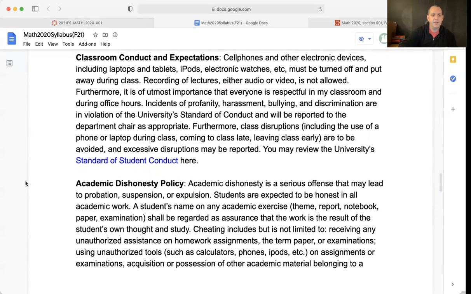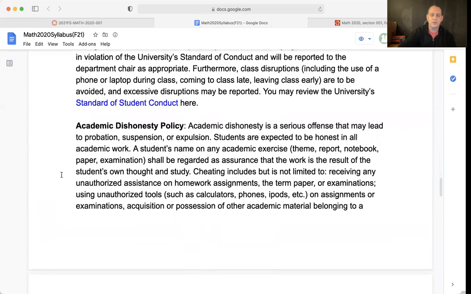Okay, classroom conduct and expectations. This is actually a paragraph that is slightly outdated because it doesn't reflect the virtual learning component here, but basically just be respectful of one another. I know that you're probably going to be at home, but still dress appropriately, still act appropriately, everything that you need there. So you can just review the standard code of conduct from the university if you have any